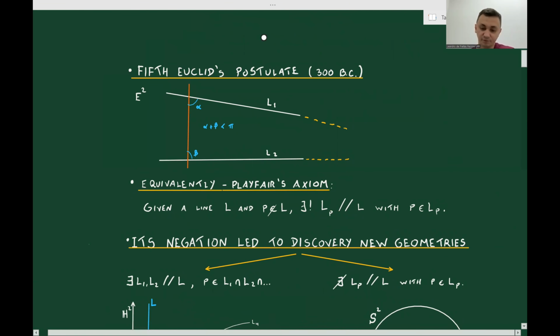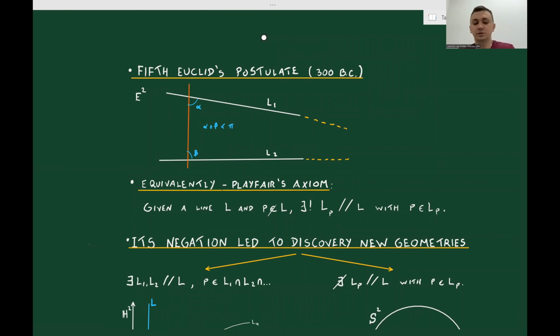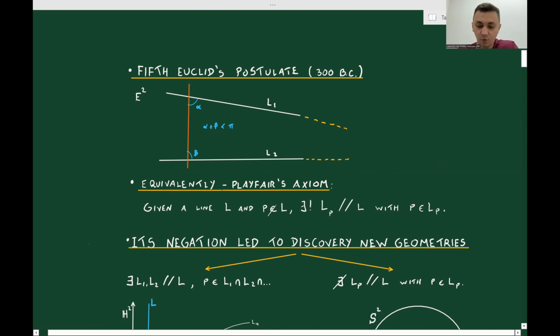So just to start to talk about this problem, I would like to remember the roots of this problem. We go back to the fifth Euclid's postulate, which I will recall now. If I pick a segment of line L1 and another segment of line L2, and I intersect both these segments with another line, and if the inner angles alpha and beta have a sum strictly less than pi,